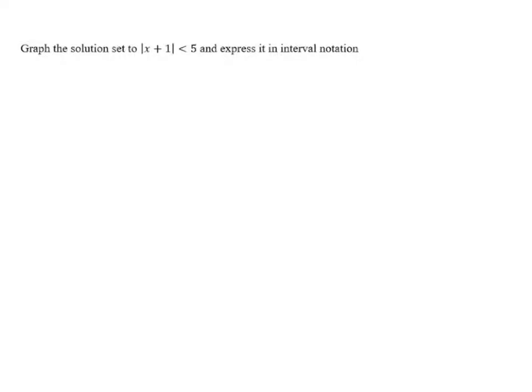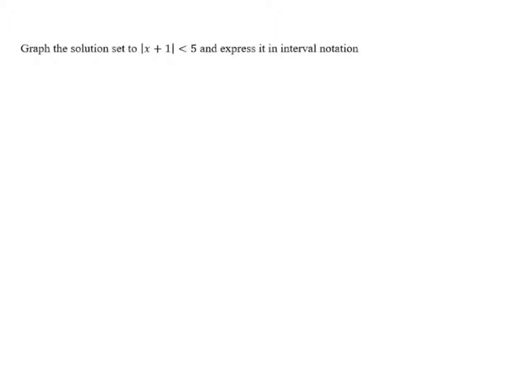Graph the solution set to the absolute value of x plus 1 is less than 5 and express it in interval notation. This is similar to one of the problems that we did before, but it's a little bit more complicated because we have x plus 1 inside the absolute value instead of just x. And we're going to address that in just a minute, but first I want to talk about what the solution